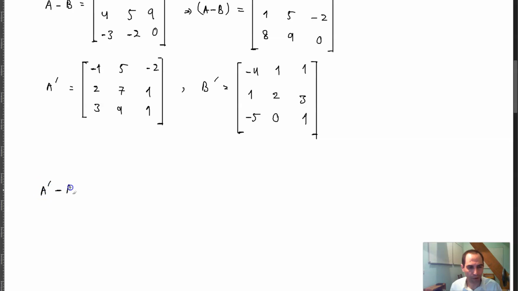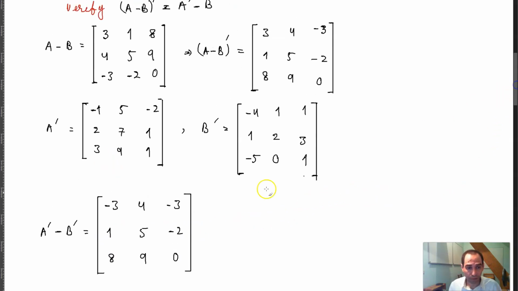A prime minus B prime is basically, for example, -1 minus -4, which is -1 plus 4, which is equal to -3, 5 minus 1 is equal to 4, -2 minus 1 is equal to -3, 2 minus 1 is equal to 1, 7 minus 2 is equal to 5, 1 minus 3 is equal to -2, 3 minus -5 is equal to 3 plus 5, which is equal to 8, 9 minus 0 is equal to 9, 1 minus 1 is equal to 0. And as you can see,